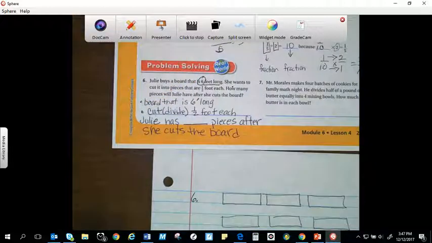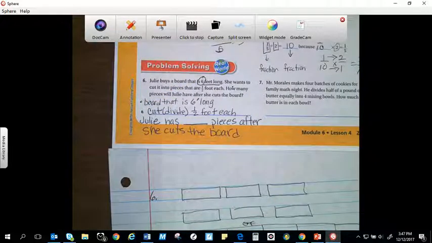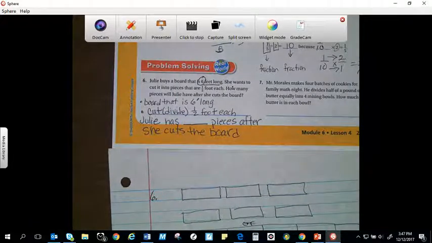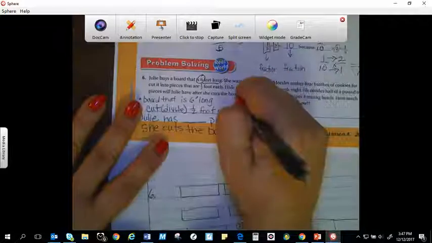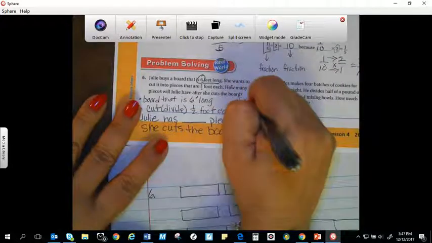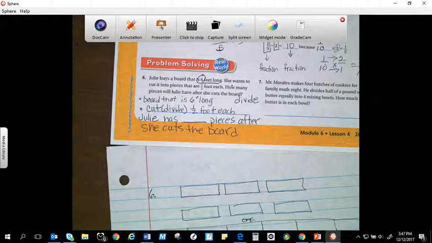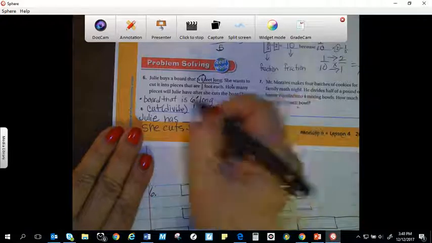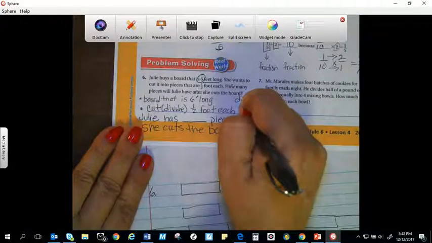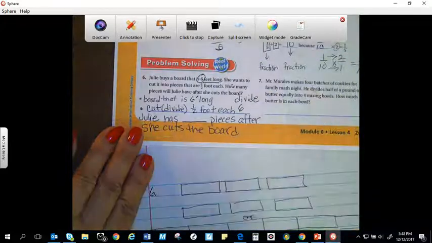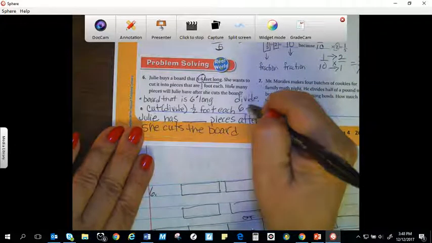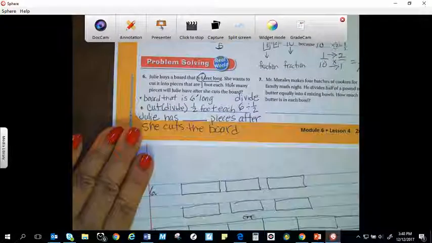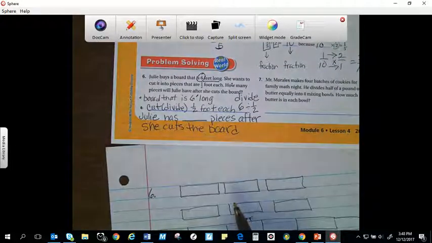Okay? So now I know, what will be my equation? What are we going to use? What operation? Yes, divide. Absolutely. So I'm going to divide. Again, what is my equation? What am I starting off with? What is my dividend? What is the total amount that I have? Yes, I'm starting off with 6 feet. So that's my dividend. That's my first number. And I need to divide it or slice it up into halves. So there's my equation. Now I drew my 6 boxes, and now I'm going to